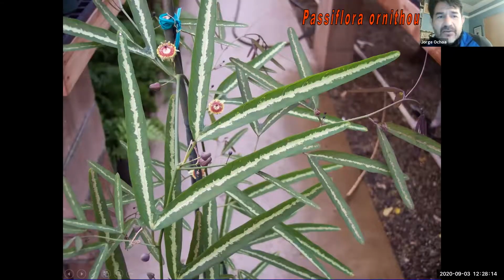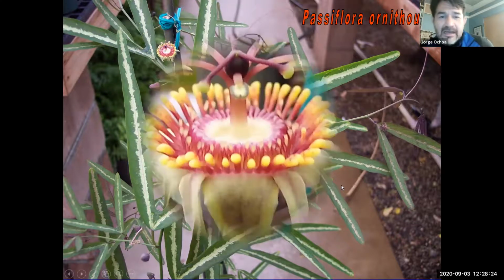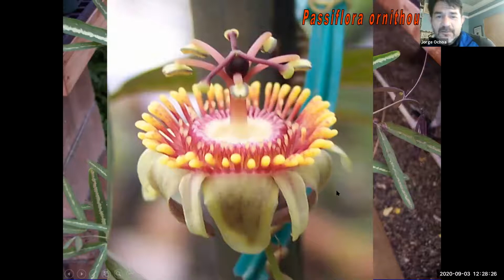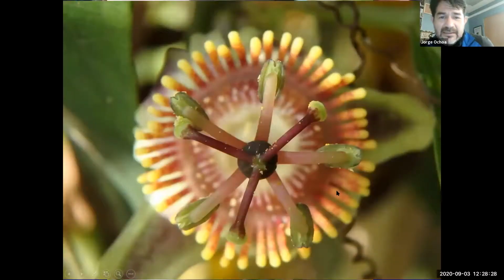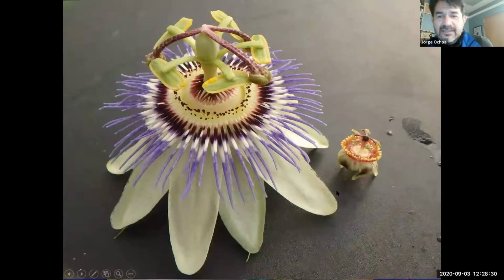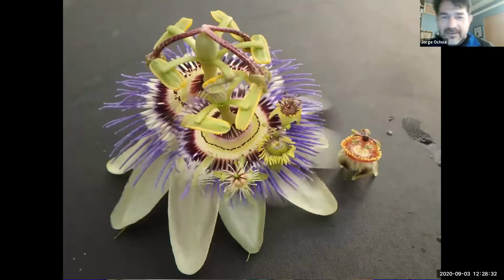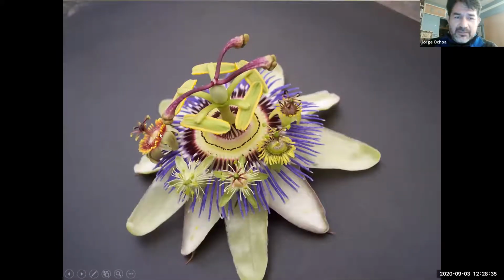Ornithura, now we can see the leaves that are very slender and almost look like boomerangs with beautiful yellow variegation in the middle. We kind of heard that word today. Here's the close-up of the flower and face view, and there it is next to the bigger flower there. And that would be right here on the far left for this photograph.